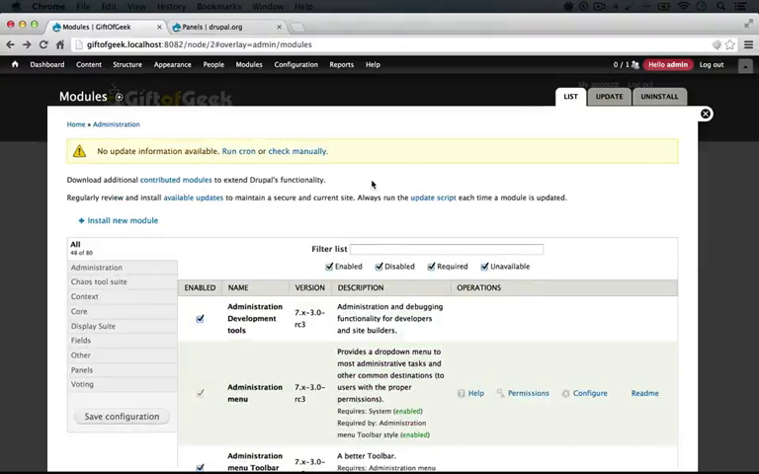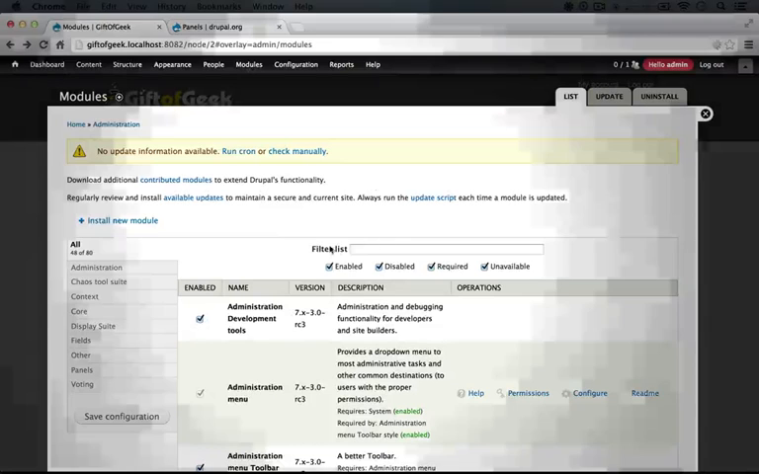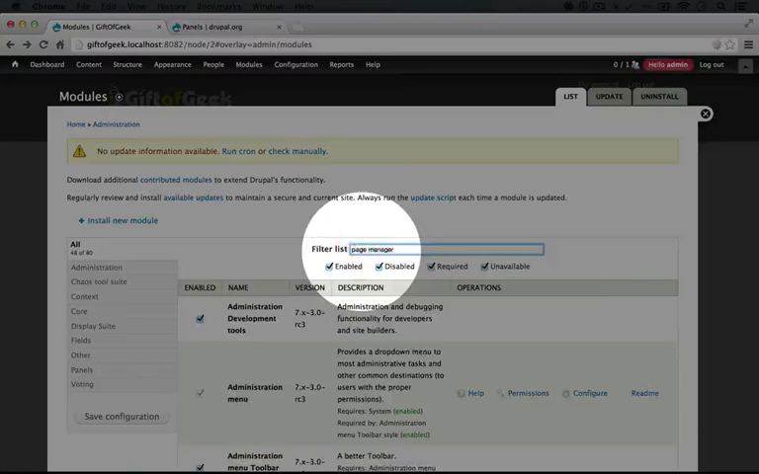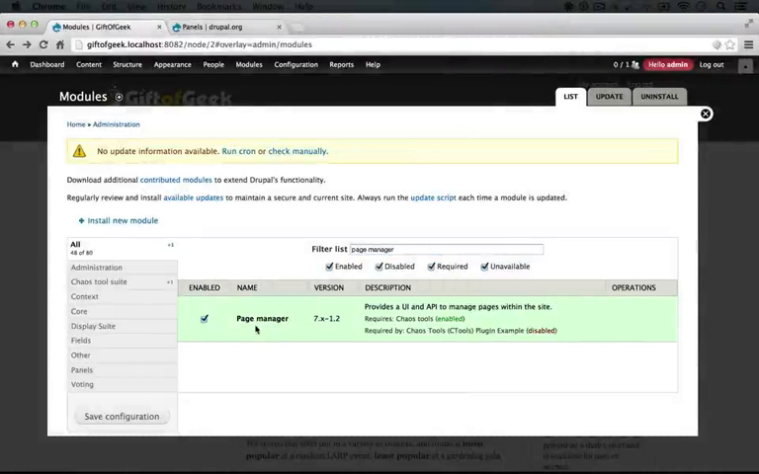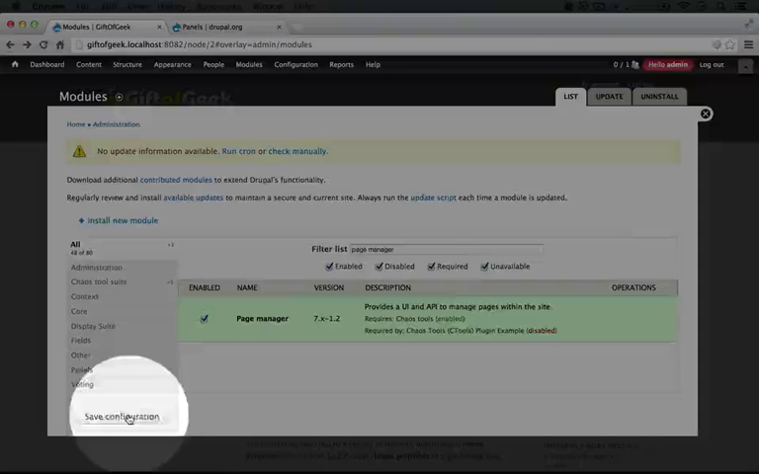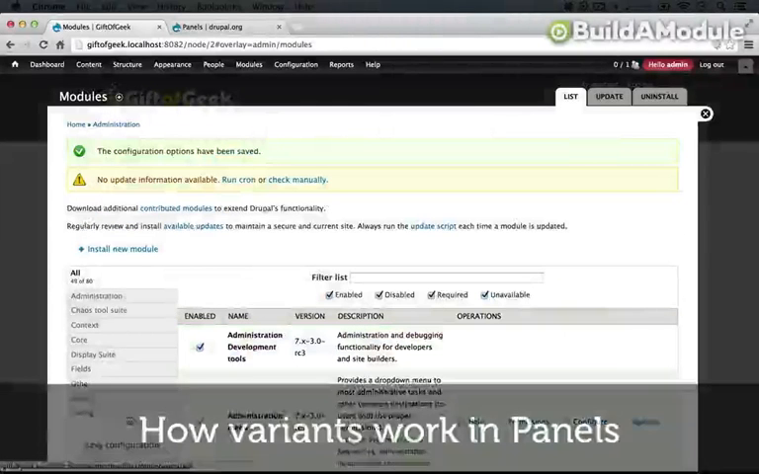Now, one other tool that we need to fully work with panels is called Page Manager. So I'm going to type in Page Manager here, and we're going to select it. This is part of the C Tools package, which you already installed to work with some of the other modules that we have. And what Page Manager does is basically provide us with a user interface to override existing menu items. So for example, we can take over the displays of nodes and use panels instead of the default node display. So once we have this enabled, let's click Save Configuration. All right,